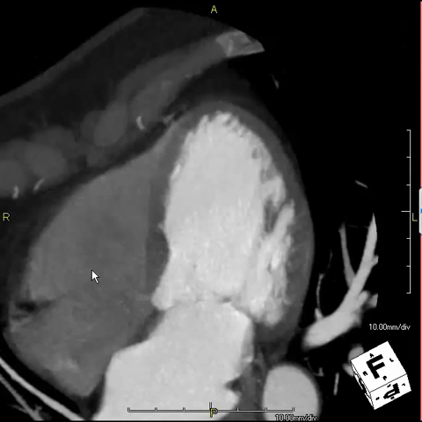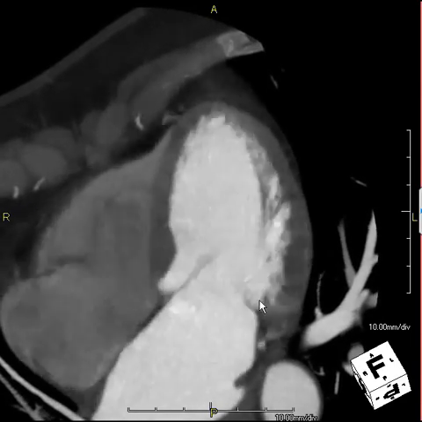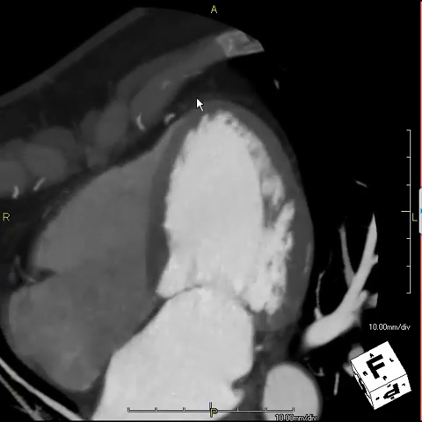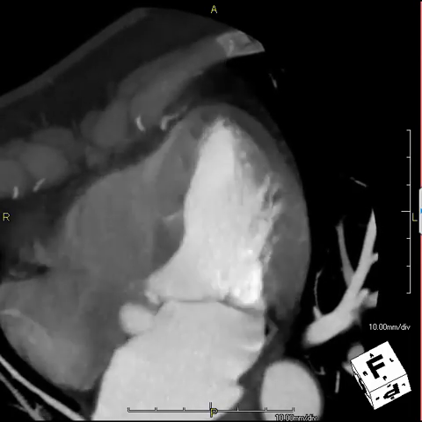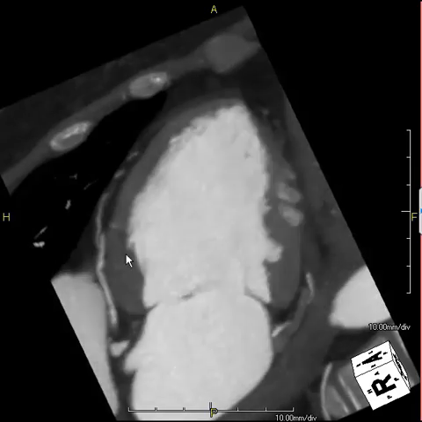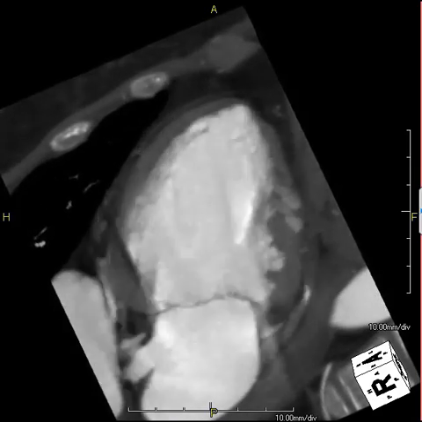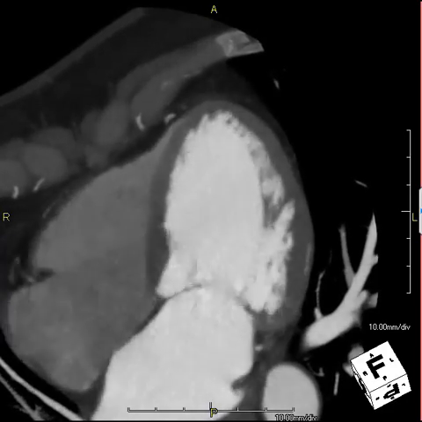We now turn to a review of her cardiac dynamics. This is a horizontal long axis view. Putting this in motion, we can see that there is very normal function involving the septum, apex, and lateral wall. Going to a vertical long axis view, you can see, again, very normal function in the anterior wall, the apex, and the inferior wall. Finally, turning to a short axis view,